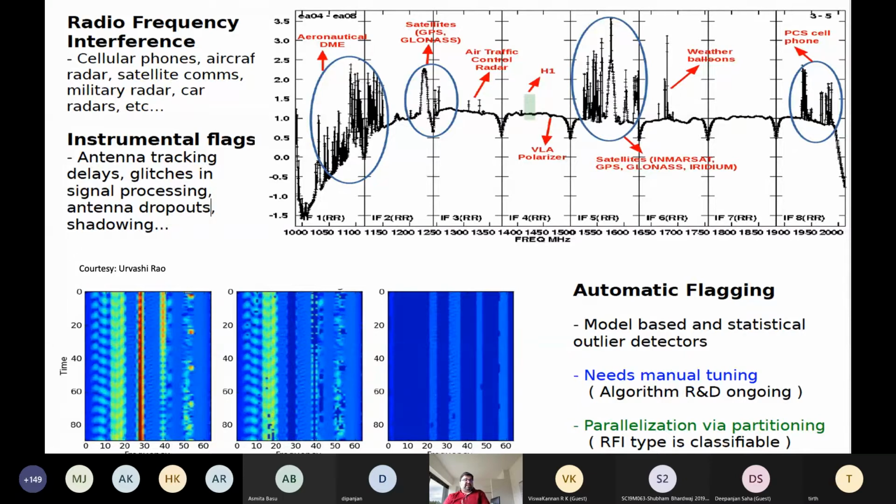But yes, there are of course time domain sciences which require data to be output at very high time resolutions, like people who are studying fast radio bursts, pulsars, for example. They need that. But typically for the continuum sciences, which I am mostly talking about, or cosmological signals, time resolution is not that critical a thing, except for taking care of RFI and something called the ionosphere, which will come at the end of the talk.